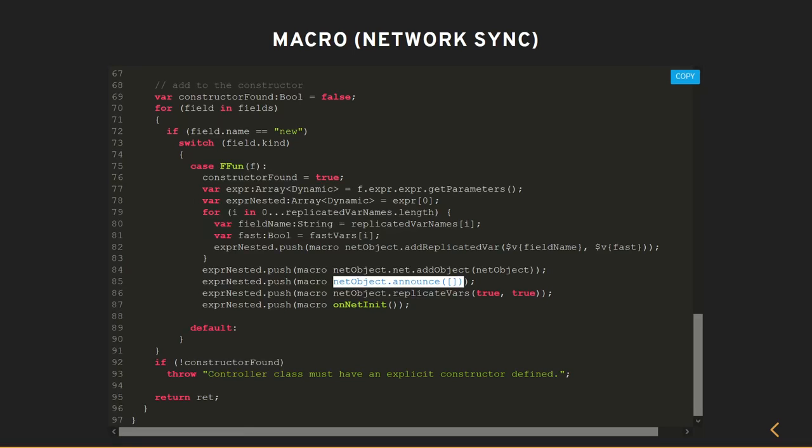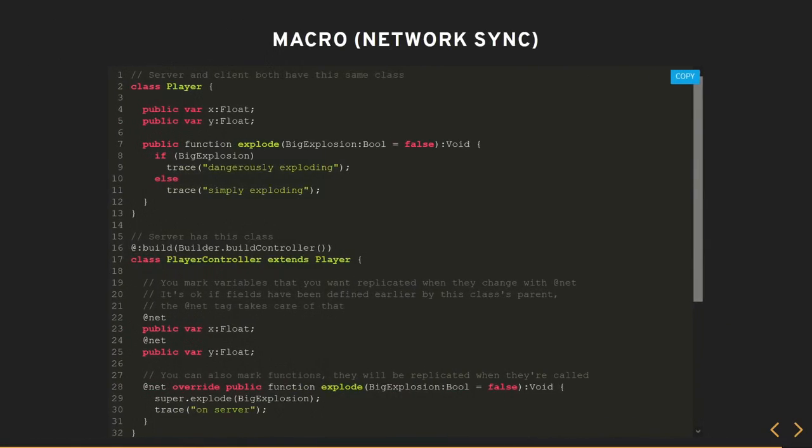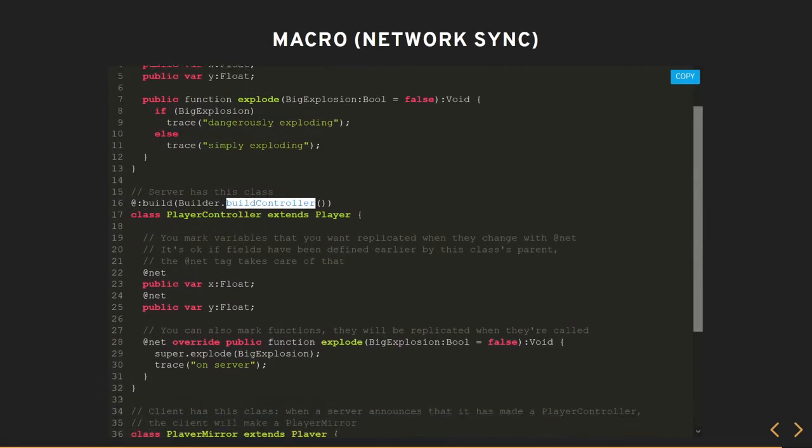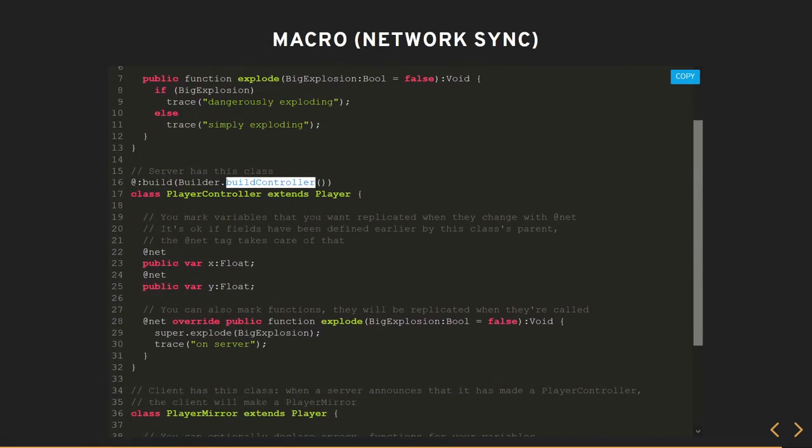And the logic, for example, is when this object is created, we want it to be automatically announced to all of the clients because it's a replicated object. And the reason we're putting this inside of build controller is so that the user doesn't have to repeat all of these lines of code for each class that they declare.